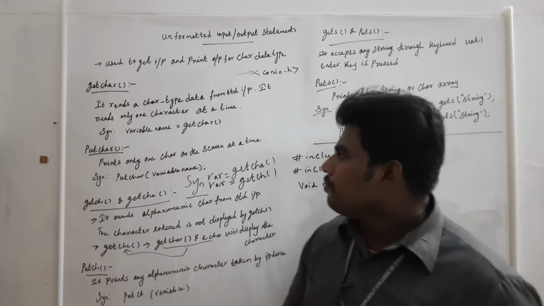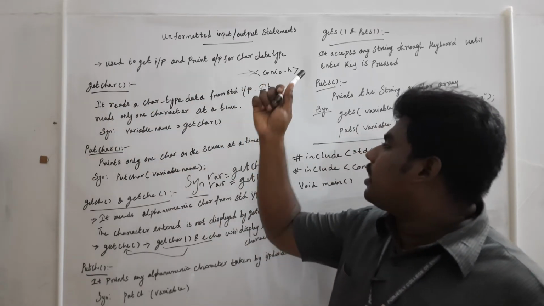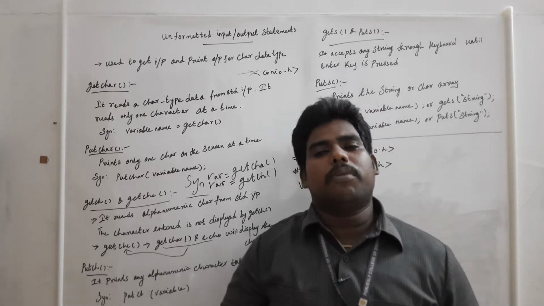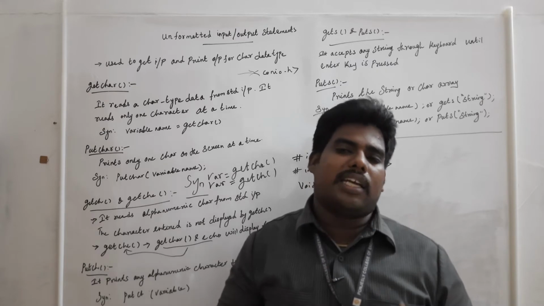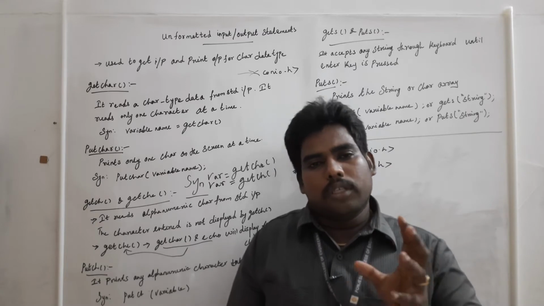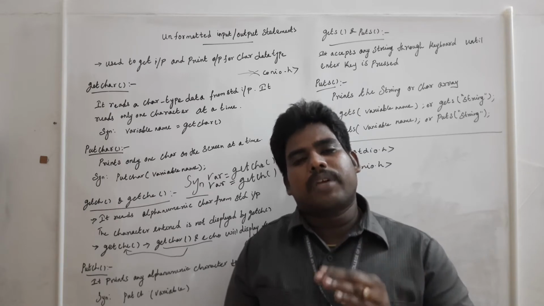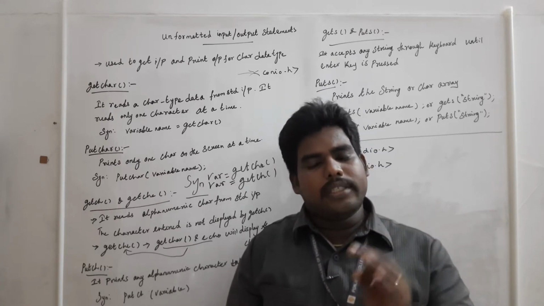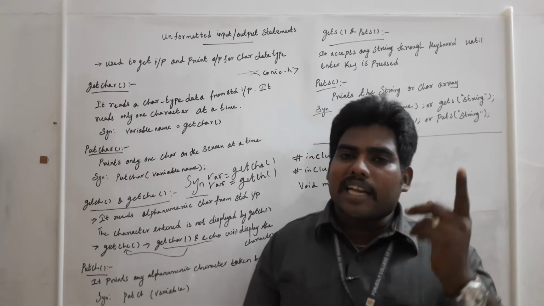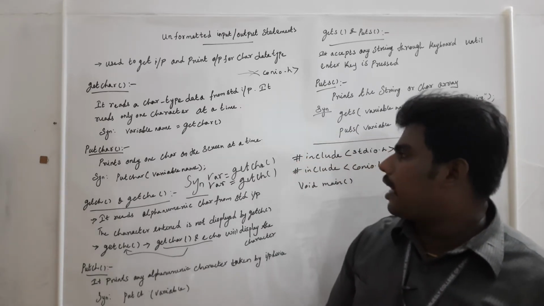First, getchar. It is a predefined function which is present inside the header file. What's the use of getchar? Getchar is used to get a character as input, but the condition is only one character at a time. What is a character? What are the keys present on your keyboard? Your numbers, alphabets, special characters, everything comes under characters. It will get a character as input, but only one character at a time.